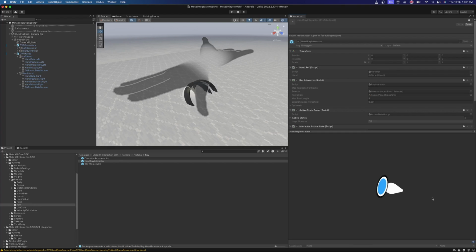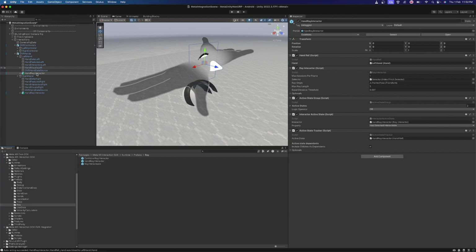Make sure you drop it inside the respective hand type, because these are the transforms that are going to move along with the hands, and if we have the hand Ray interactor outside of them, it's possible that they will only exist at the 0,0,0 position in the world and not follow your hands. So it's important you drop it inside the left and right hand controller objects. Alright, so once we have the Ray interactors,